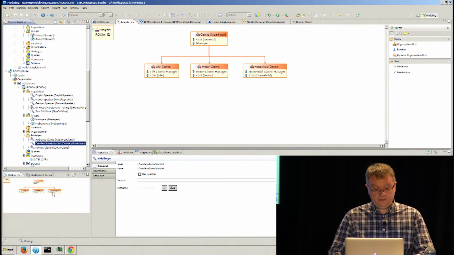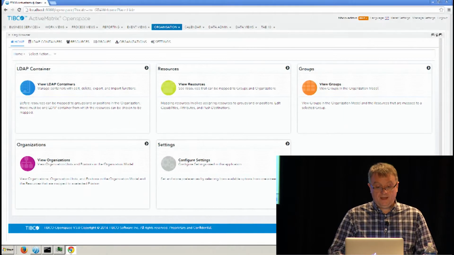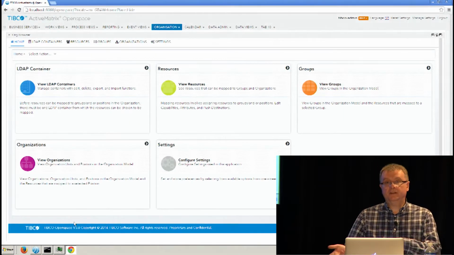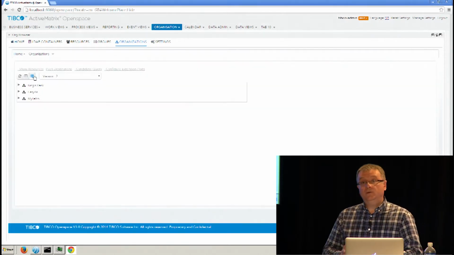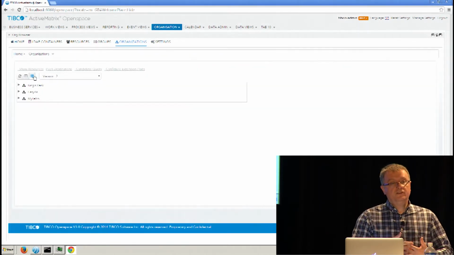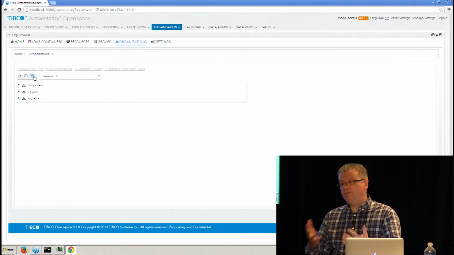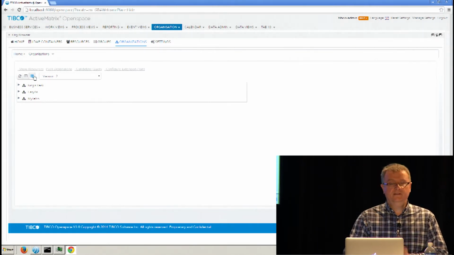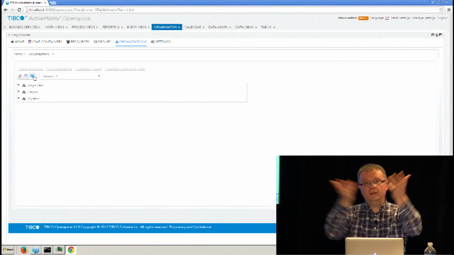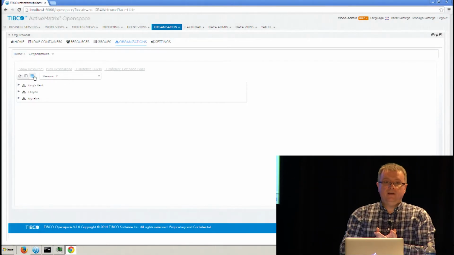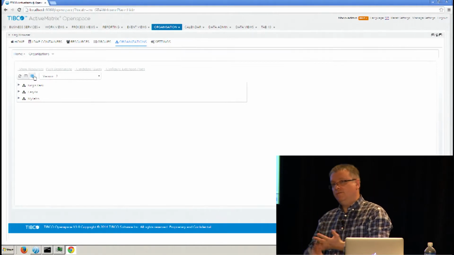Org model gets deployed to the runtime. So now I switched over to a sort of an administration view. The org model gets deployed to the runtime, and then that structure all gets represented within the system's databases. Then we can combine that with the work list view and generate these very rapidly, with very high volume,